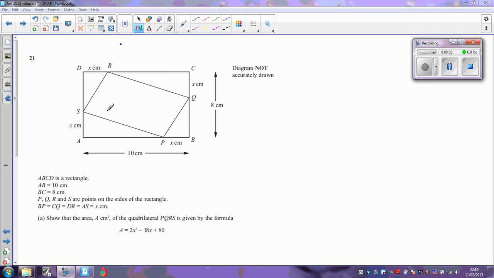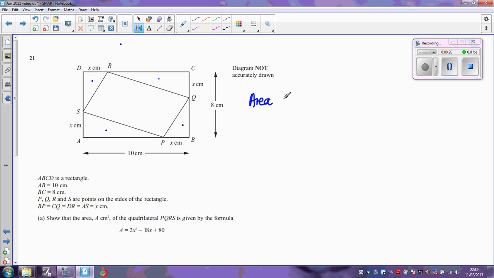What I'm going to do here, I need to find the area of the quadrilateral PQRS. And the easiest way to do that is going to be to take this rectangle and subtract these 4 triangles. And that will leave me with the area of this quadrilateral, because I'm not sure what shape quadrilateral that one is. So first of all, in order to find the length, obviously I can see that the area of the